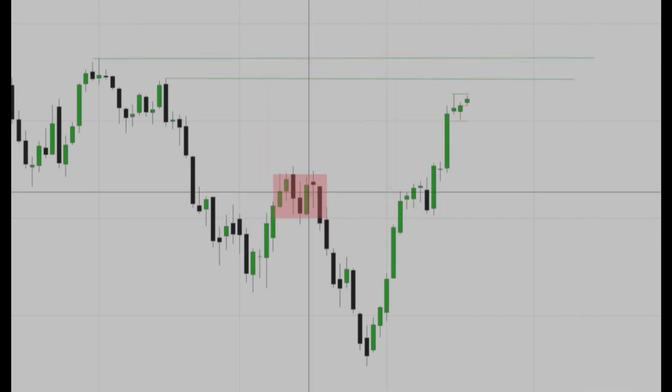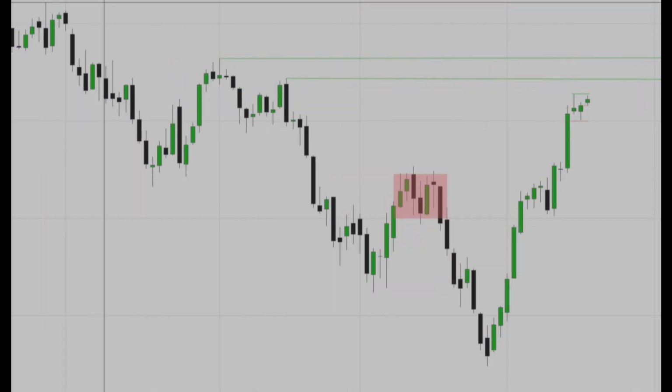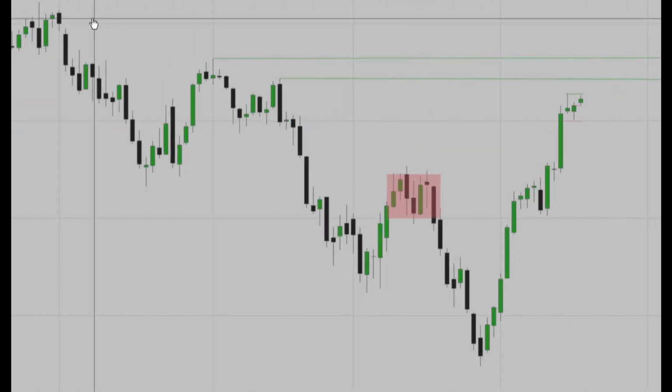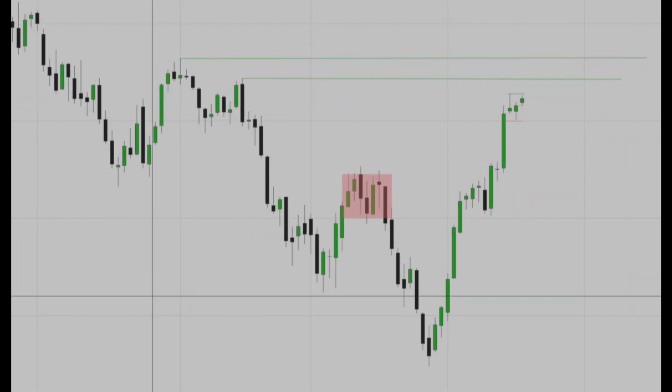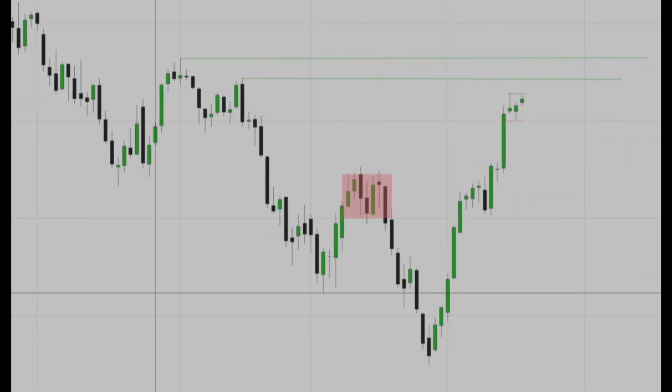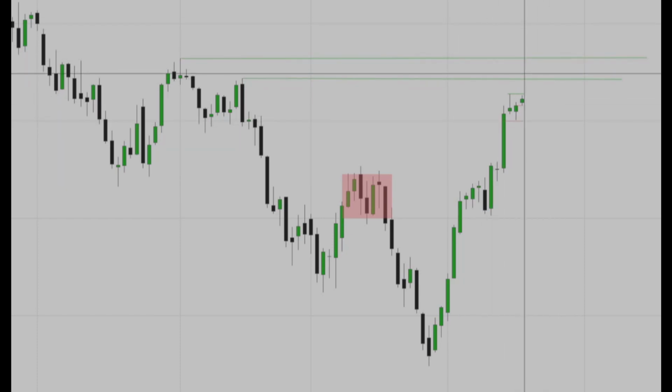Those are really the two levels. Up here, up at 4680, just about, that's all-time highs. I don't believe that we're going to take that out unless we get some sort of